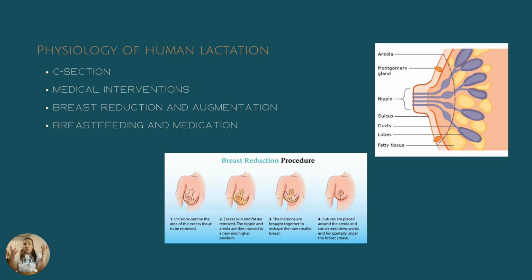So if formula needs to be offered, it could be offered via syringe. It could be offered via bottle. It doesn't matter. I always like syringe better because they're so tiny. We want to still try to put them back to the breast or try to feed them a little formula while at the breast. But the point is that formula here can be a bridge. This is why it was designed to be a supplementation, right? So it's formula supplement. It could be used as a bridge to help keep baby's blood sugar up so they can actually surface and come for feeding. It can fill the tummy and provide all those nutrients for everything to continue to function how it needs to be